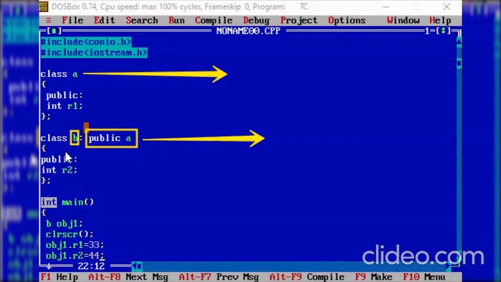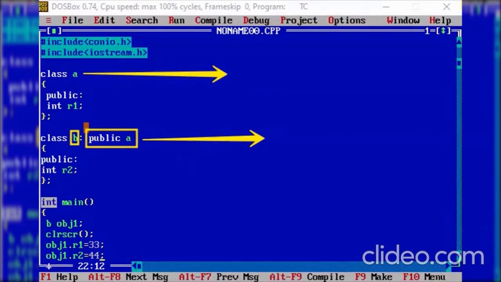Next, in class B, in the public section, we added r2, an integer type variable. Once this is done, in the main function we created the object of the child class.